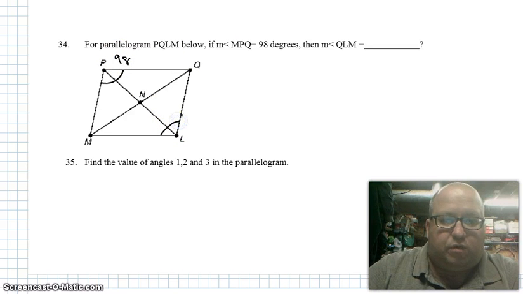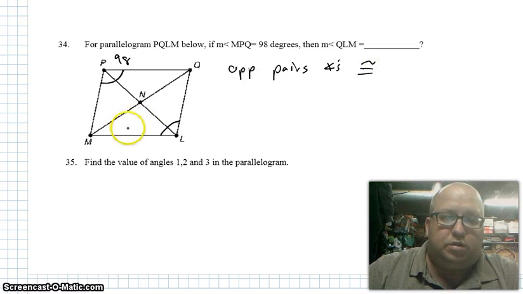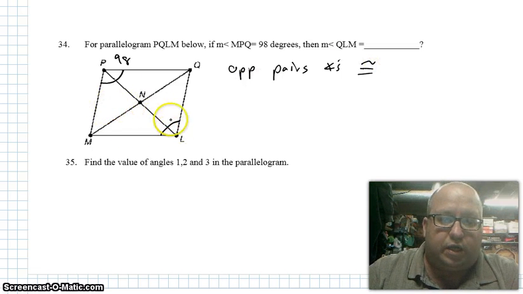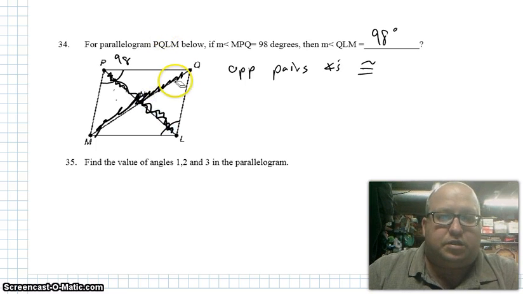What is MLQ? Well, it says this is a parallelogram. And in a parallelogram, opposite pairs of angles are congruent. So this angle L and this angle P, the one that consists of both of them, it should be 98 degrees. And the funny thing about this one is, I believe all this stuff in the middle is what they call a distractor in the testing business. It does not matter. That's just there to mess